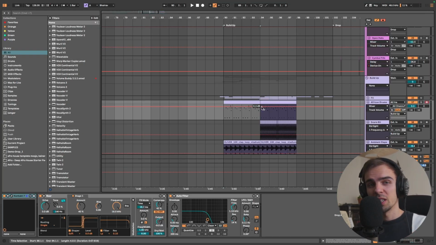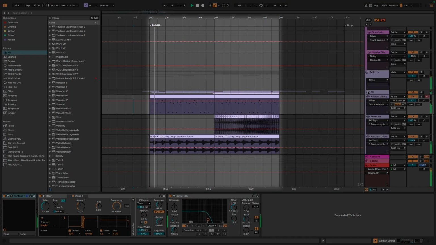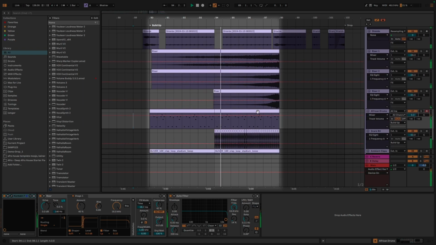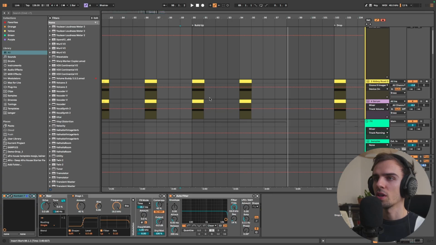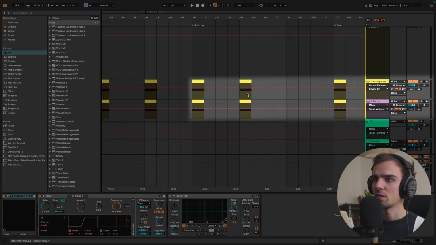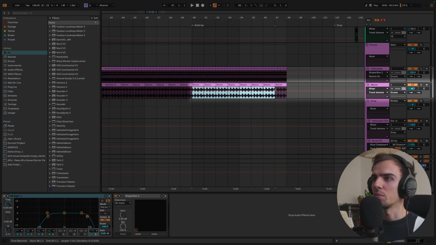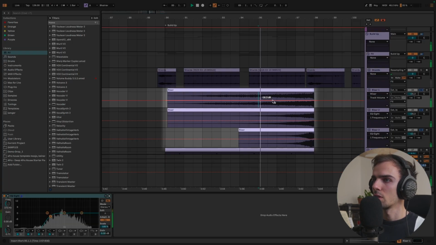So for the build-up, I really wanted to start, well, building up the energy of the track. Let's have a listen. Okay, so what stays the same is the brass here, the thumper sound, the weird noise, and the helicopter and the worm rhythmic elements. In addition to these elements, I've added some risers